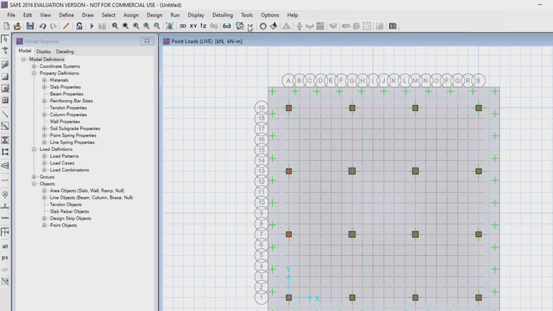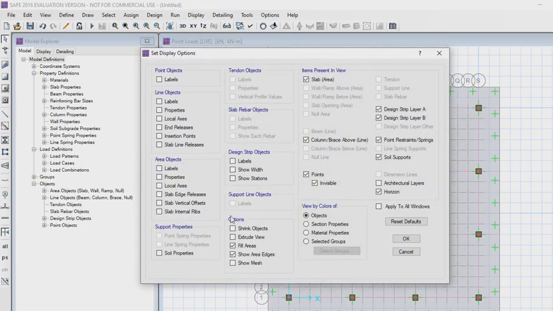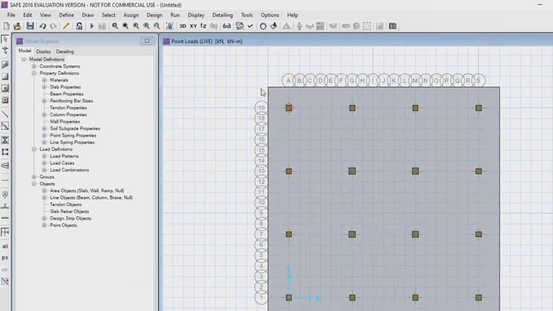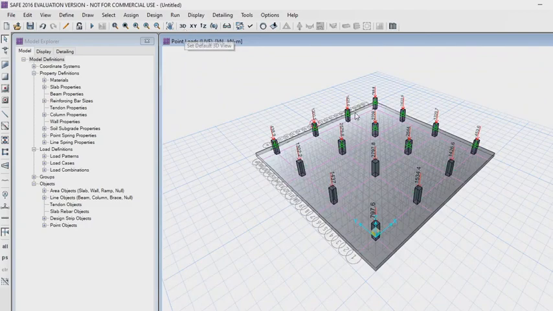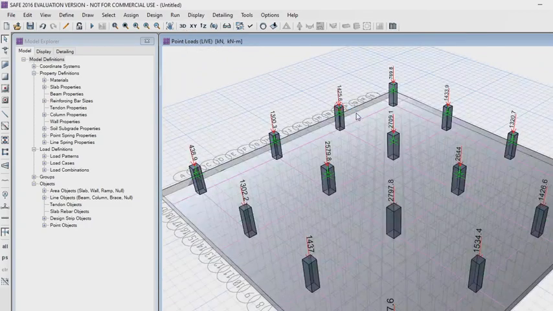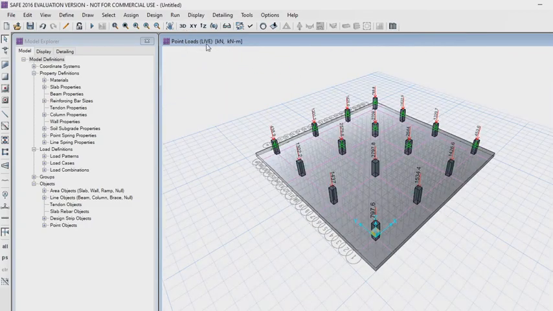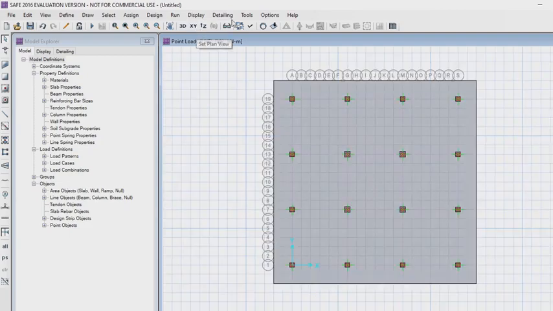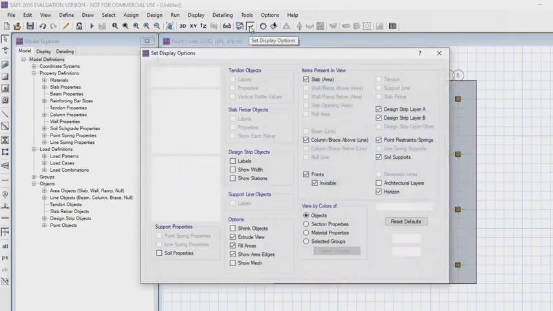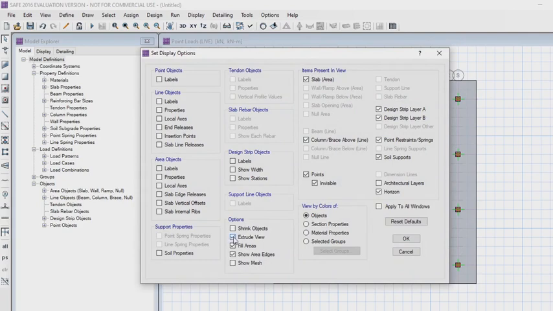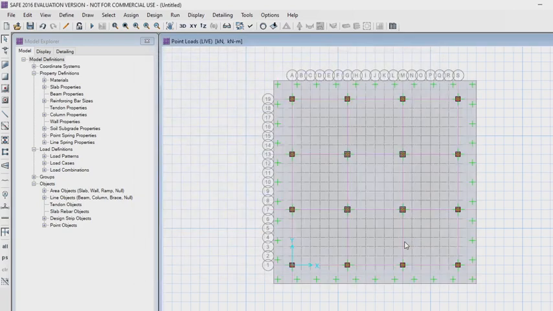Go to set display options. Mark extrude view. Click on OK. Go to 3D in the toolbar. Go back to XY plane. Go to set display options and unmark extrude view. Click on OK.